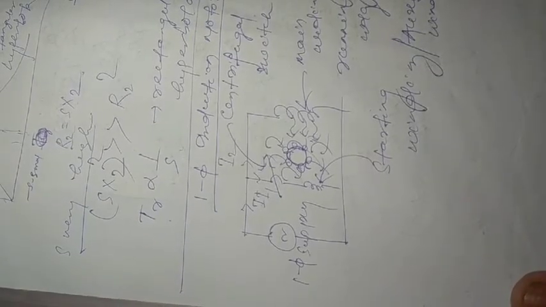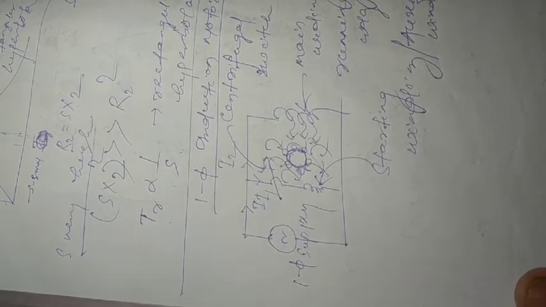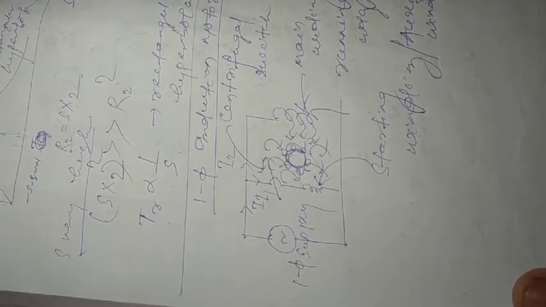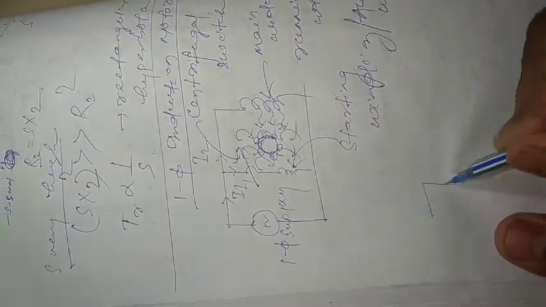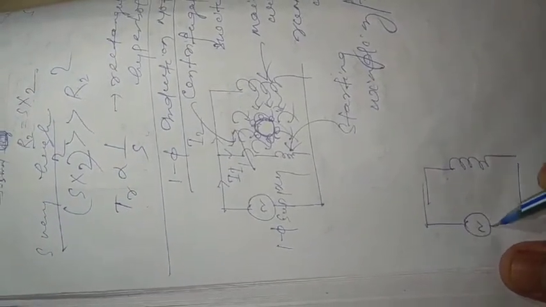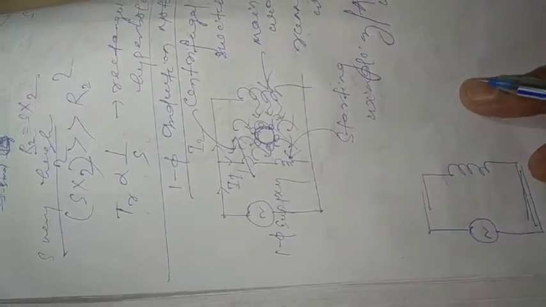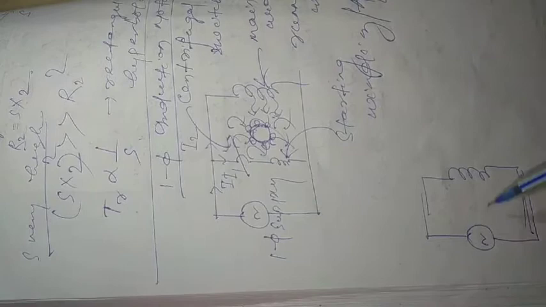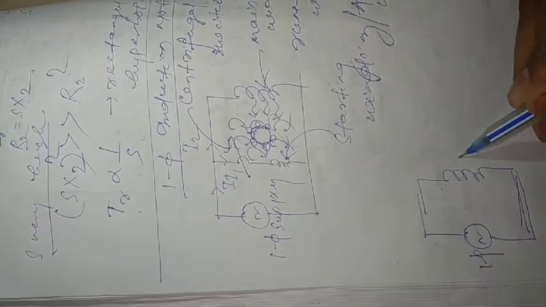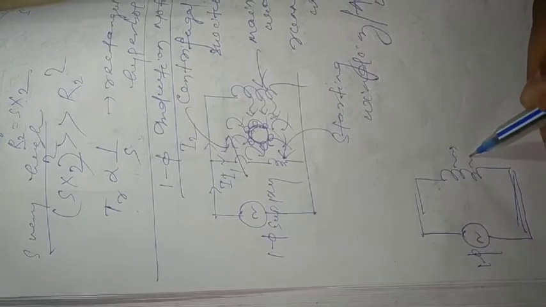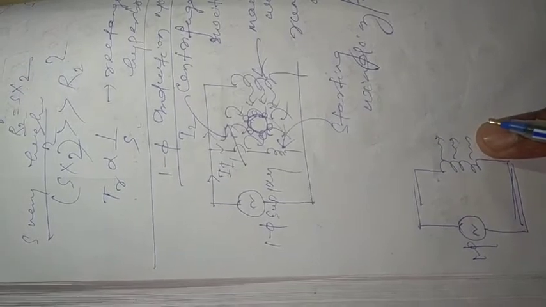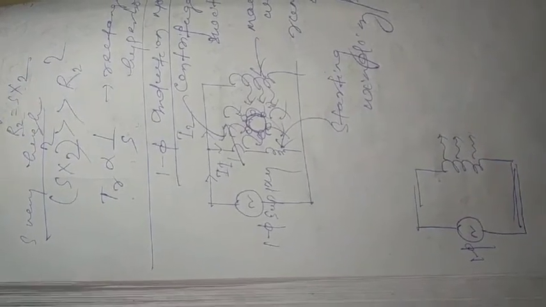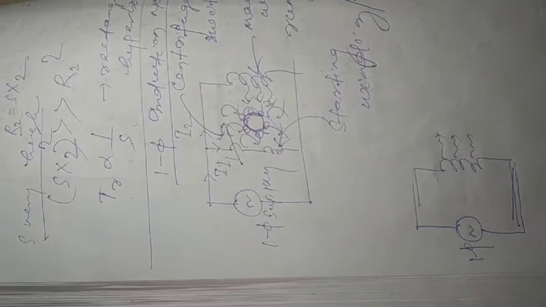Next is the one phase induction motor. Under the one phase induction motor, you only have to know the basic operation, only the introduction. As the name suggests, here we give a single phase supply to a single phase winding. As all of you know, whenever a single phase AC supply is given to a single phase winding, it produces a magnetic flux that is only alternating in nature. It will not be revolving, but for the process of induction we need to produce a revolving flux, a revolving field.